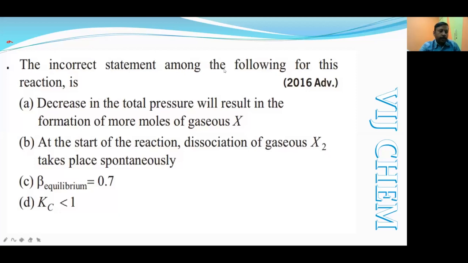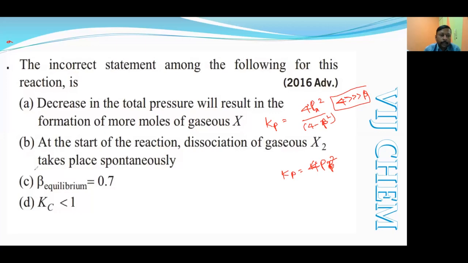Now, next question is the incorrect statement among the following for the above. Same paragraph, but the question is a reasoning question. Okay, very simple. Incorrect answer is C, beta at equilibrium. Okay, beta at equilibrium, if you find, you will not get 0.7. Because if I substitute X is equal to 0.7, it will be 1.16. Okay, Kp is going to be how much am I getting? Kp is equal to 1.16. C option is incorrect. Rest all